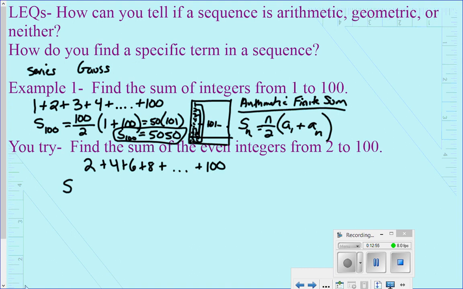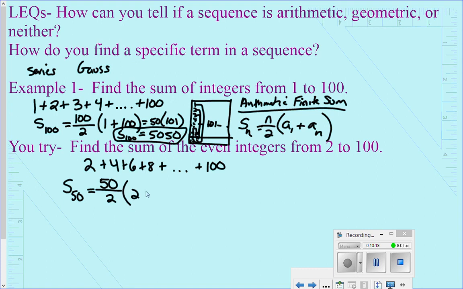Okay, so there are 50 terms. Now, there is a way that we could calculate how many terms there are, but for this one, it's kind of obvious common sense, so we're not going to do any math to figure that out. But I'll show you that in another problem, how we figure out how many terms there are if it's not quite so obvious. So S sub 50, 50 terms, is going to be equal to 50 divided by 2 times